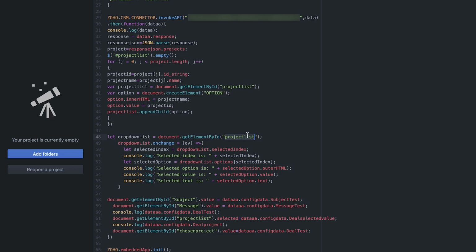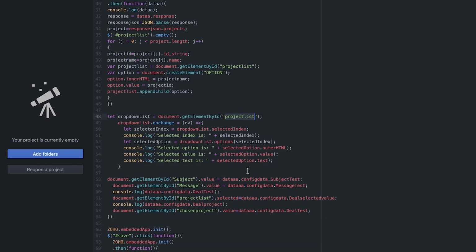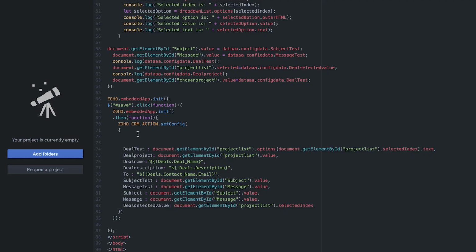So once all this is displayed as part of the UI, the end user will provide the input, right? They will provide personalized inputs. If you remember, we said that the values they provide have to be saved to variables so that they can be retrieved later as part of our custom script. To do that, we have to use the action.setConfig method. So that's what we've done over here. We've used zoho.crm.action.setConfig, and inside that, whatever values we want to be saved to variables are handled.